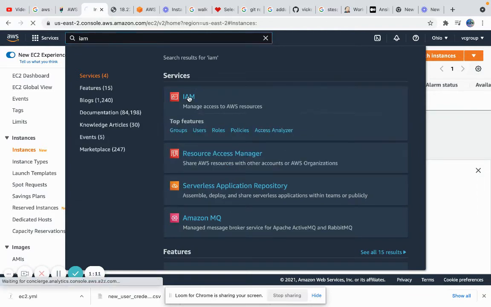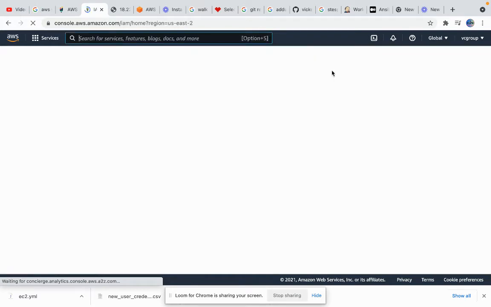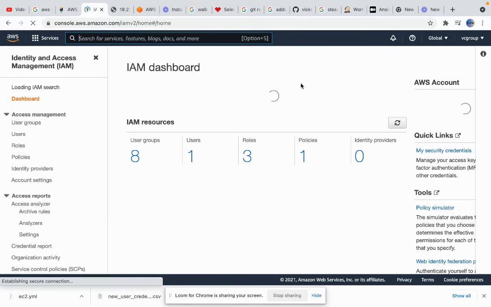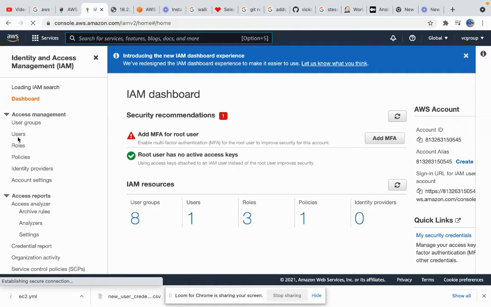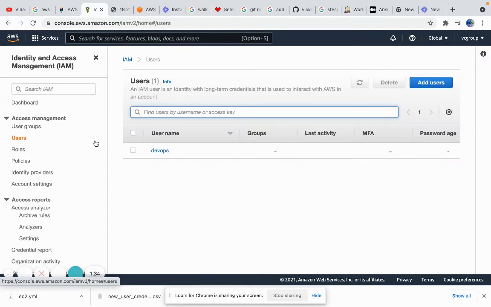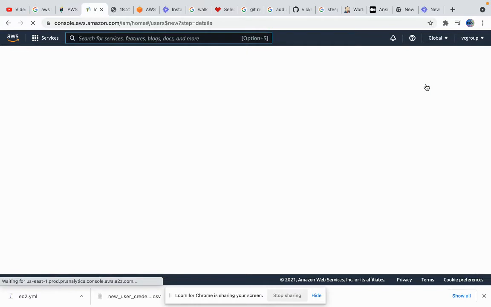Let's create an IAM user. When you create an IAM user, you will be given an access key and a secret key. You need to use that access key and secret key in order to log into AWS. I'm going to add a new user.